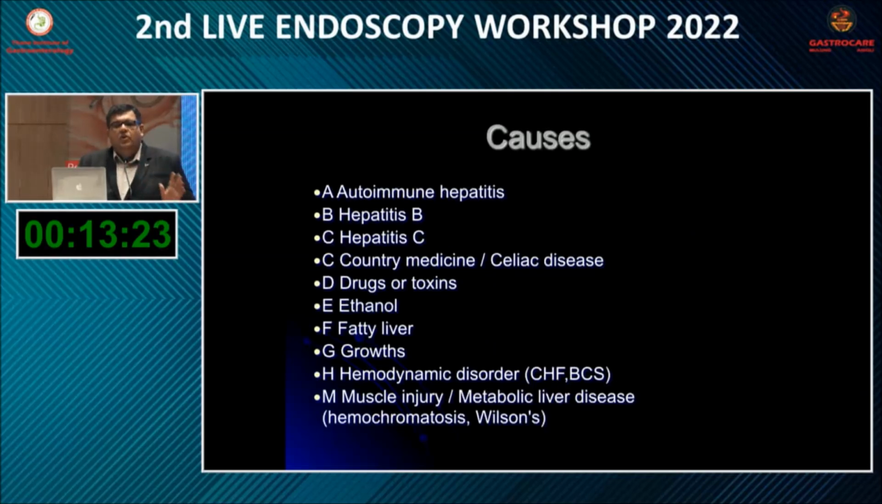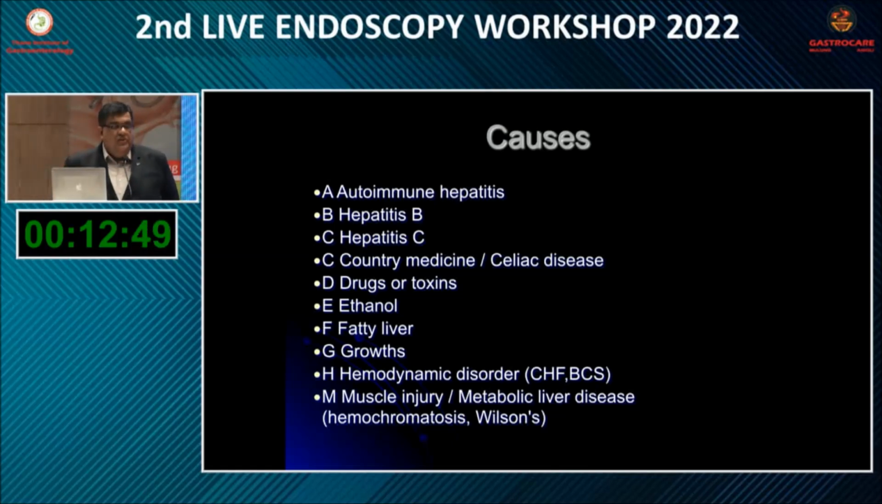Now let's come to the causes of elevated SGOT/SGPT, and this is how I remember. I have very limited sulci and gyri, very limited memory, very limited IQ. So I try to make things simple so that I can remember. So I have this A, B, C, D, E, F, G, H. A is for autoimmune hepatitis, B is for hepatitis B, C is for hepatitis C, country medicines or celiac disease, D is drugs or toxins, E is alcohol, that is ethanol, F is for fatty liver,